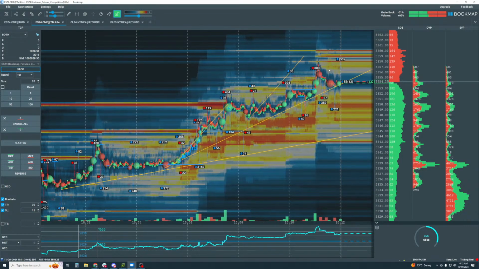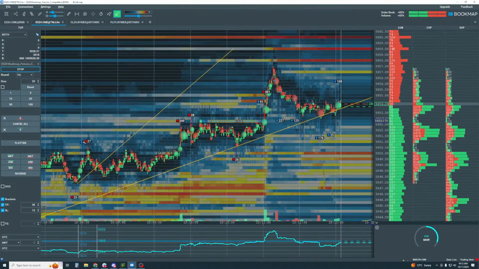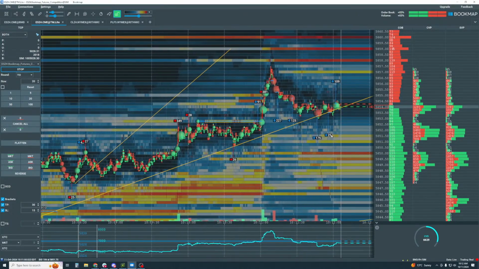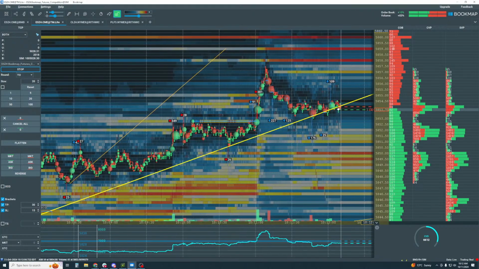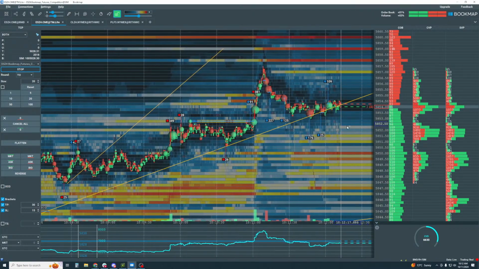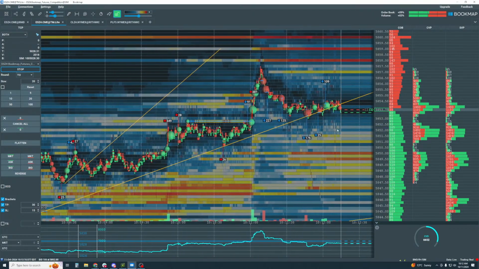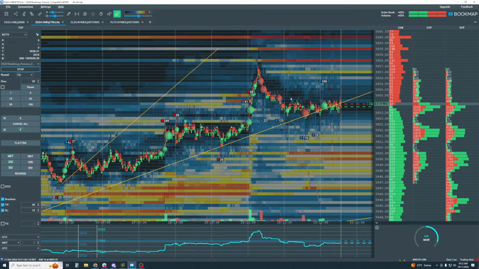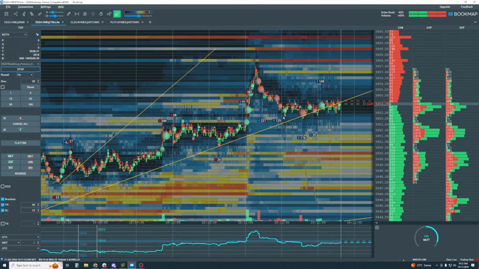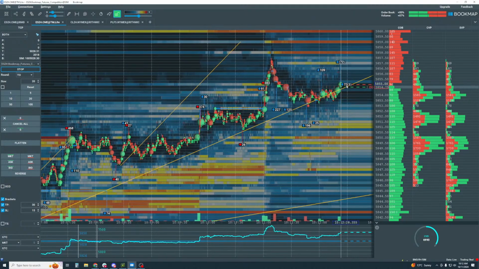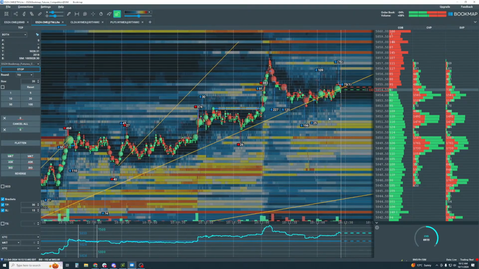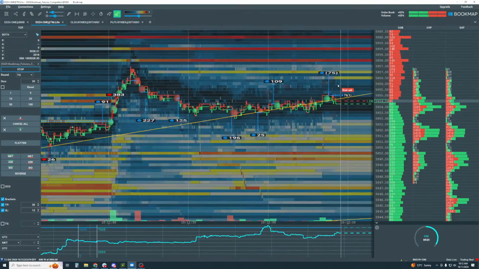All right, and we're going to be looking for some demand on the bid with limit buy orders down below here. And they are here. We'll likely get a break of this trend line, but probably to test right back down to this 51 to 52 area. We'll see. This trend line is still holding, and we're getting our demand in here. So we've got to see a little bit more in here.